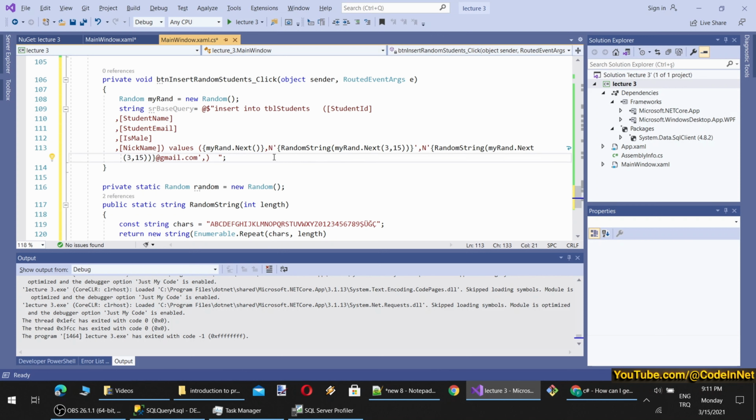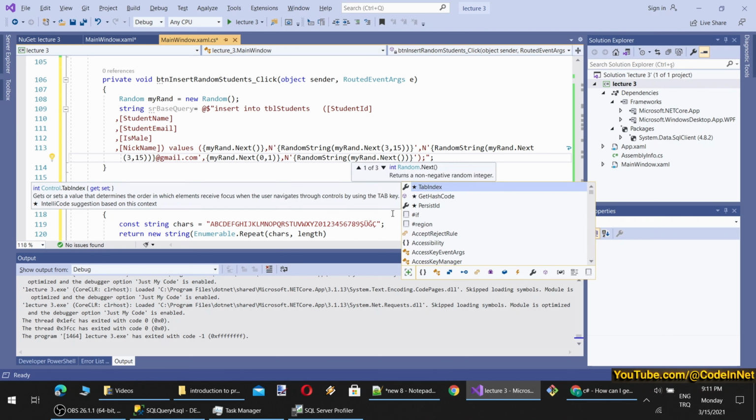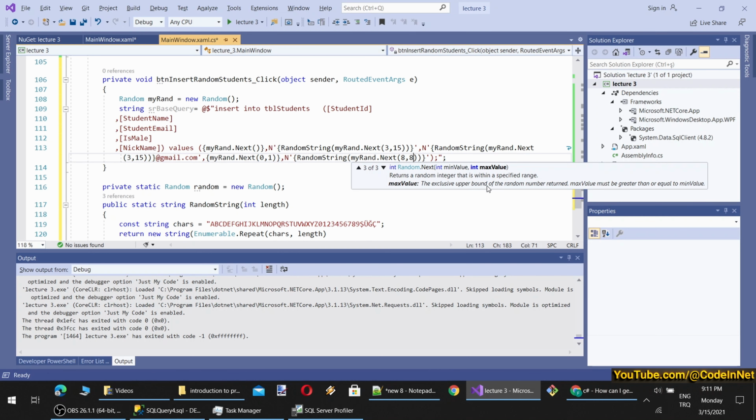This is boolean, therefore I will use my_rand again. So it will be 0 or 1, therefore like this. And a nickname. Okay, let's define a static nickname, static length. So maybe something like this. You can tell the SQL server this is the end of the query with a semicolon. It is not necessary, but it's good practice. So let's say the length will be equal to 8 characters. Maximum 8, minimum 8.